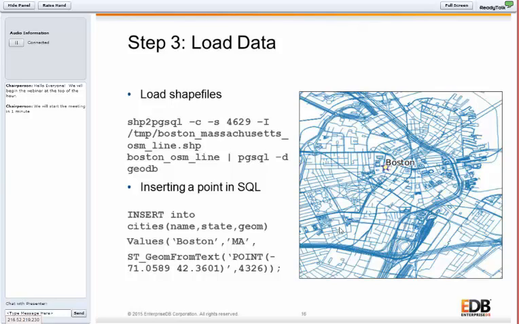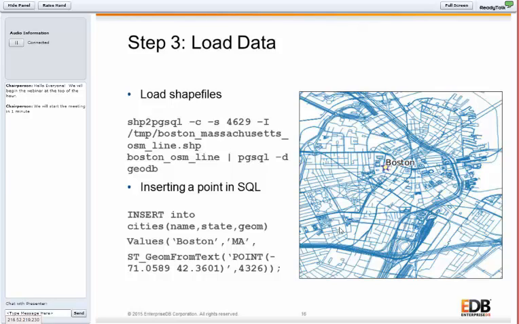So in this example, we're doing shp2pgsql -c. This means we're going to create a new table. We're doing -s, and in this example we're going to use 4269 as our spatial reference ID. This data is all local, so we're going to use that North American datum here, just because it's all local.